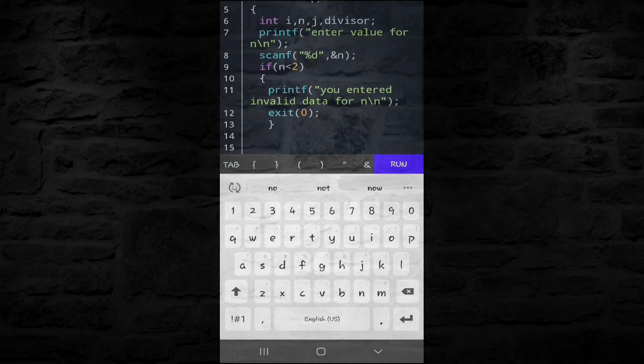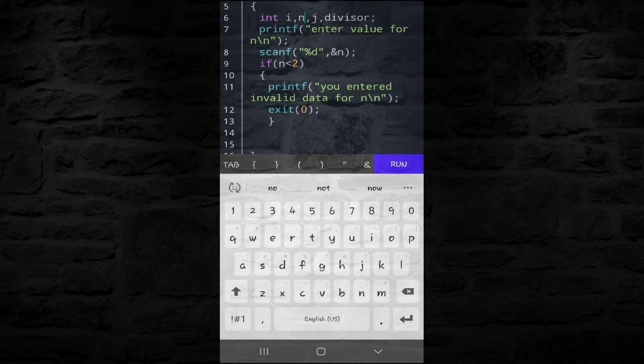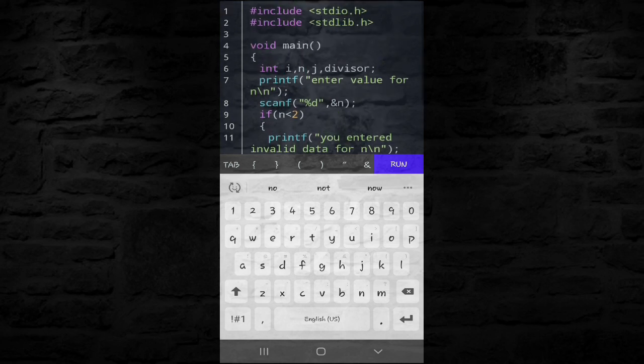We read it, we scan it, and first of all, before our program goes to the loop and tries to execute it, we have to check whether the entered number is greater than 2, because prime numbers begin from 2. 1 is neither prime nor composite. Thus we have to check whether the user entered data is greater than 2 or not. For this if condition, if the number is less than 2, it will print that you entered invalid data for the value n. So it exits. When you use the exit function, we always have to use